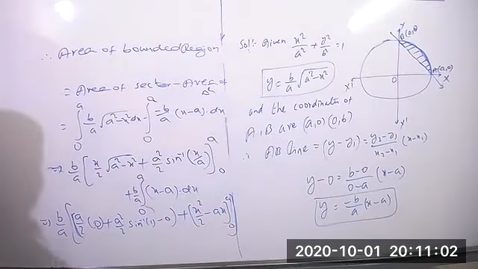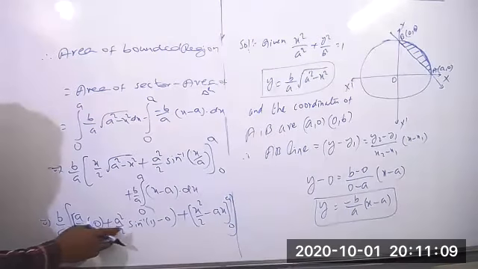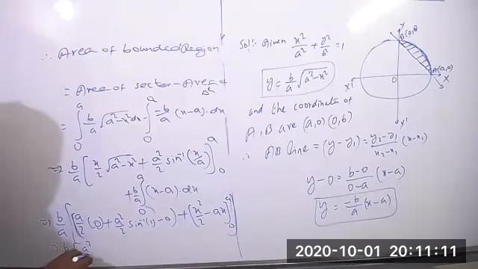So b by a into, this is clearly 0 only. The remaining values will be a square by 2 into sin inverse of 1 equal to pi by 2,